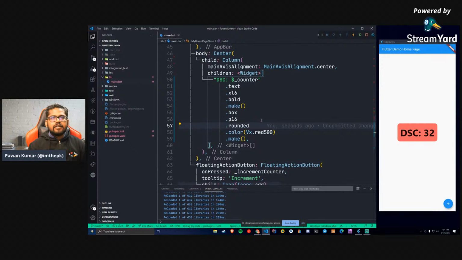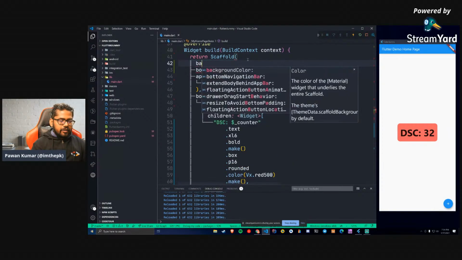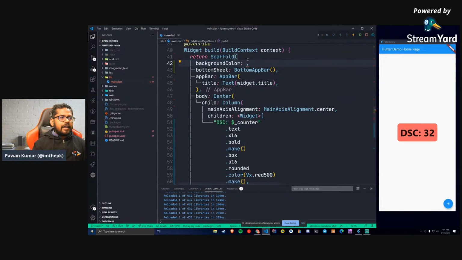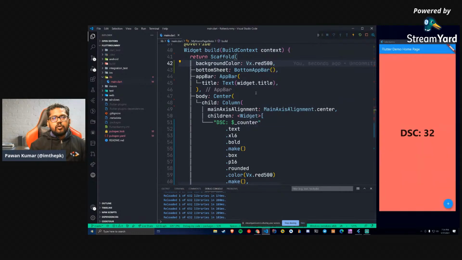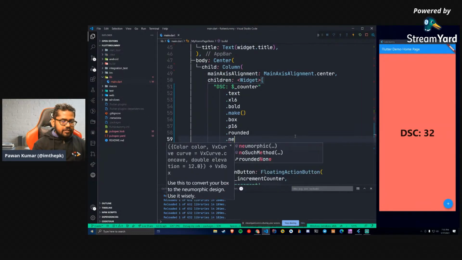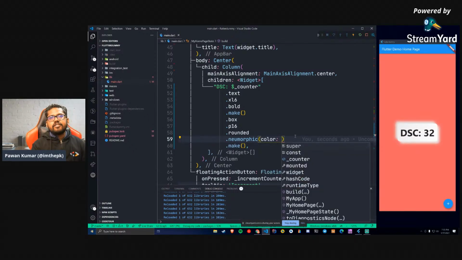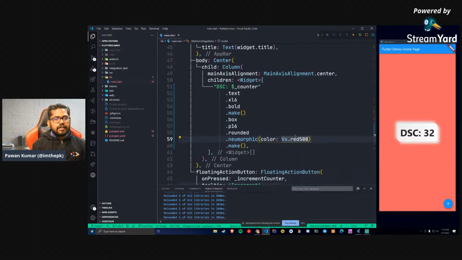Some people like neumorphic design, right? That is very popular these days. So for neumorphic, what you have to do, you can just go to the background color of your sheet or your app, and just use the color for which you want to make it neumorphic. So this is, let's say, the background color, and rather than just saying this color here, you can just say dot neumorphic, and for color you will provide the same color which is the background, because otherwise it won't give you that effect. So now you can see we got this neumorphic effect, which looks pretty cool, right?